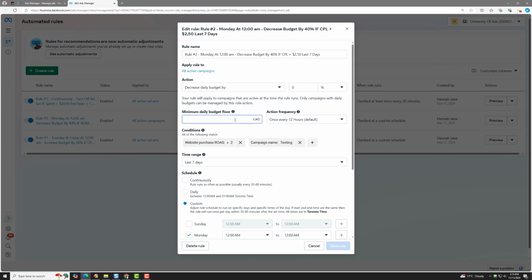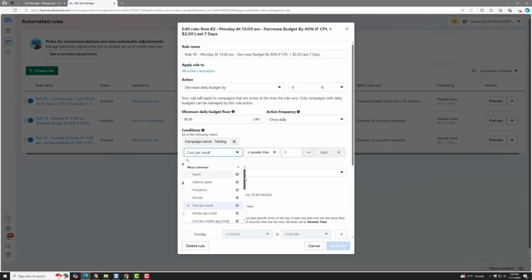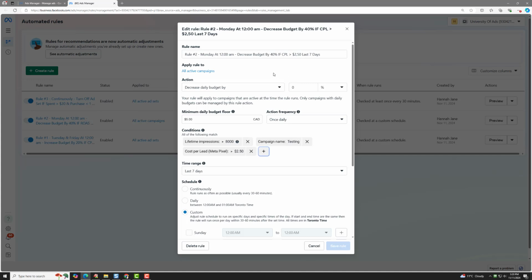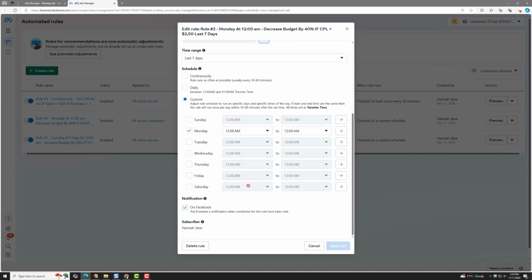Oh, was the other one wrong? Okay, well, make sure you go through your rules and check that. So the minimum would be like maybe $5, run this once a day, not once hourly, once daily. And in here we get rid of the ROAS and we would add in, again, click that, go to meta cost per website conversion, cost per lead. And in this case, we'd say it's greater than 2.5, then we want to decrease the budget. And this would be based on the last 7 days again, leave that, and it would run on a Monday